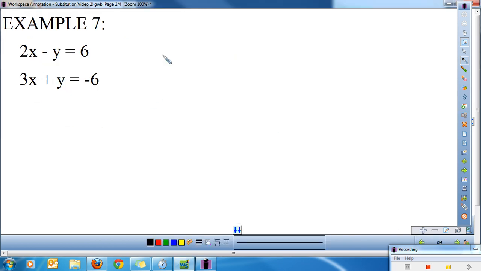Let's do another example. Now remember our key point. We're looking at this and we're saying, okay, are either of these have a variable isolated? No. And remember that we're looking for a coefficient of positive 1. So which of these has a coefficient of positive 1? Well, this one has a coefficient of 2, and I know there's a 1 here, but this has a coefficient of negative 1, so that won't work. This one has a coefficient of 3, and oh, here, a positive 1.